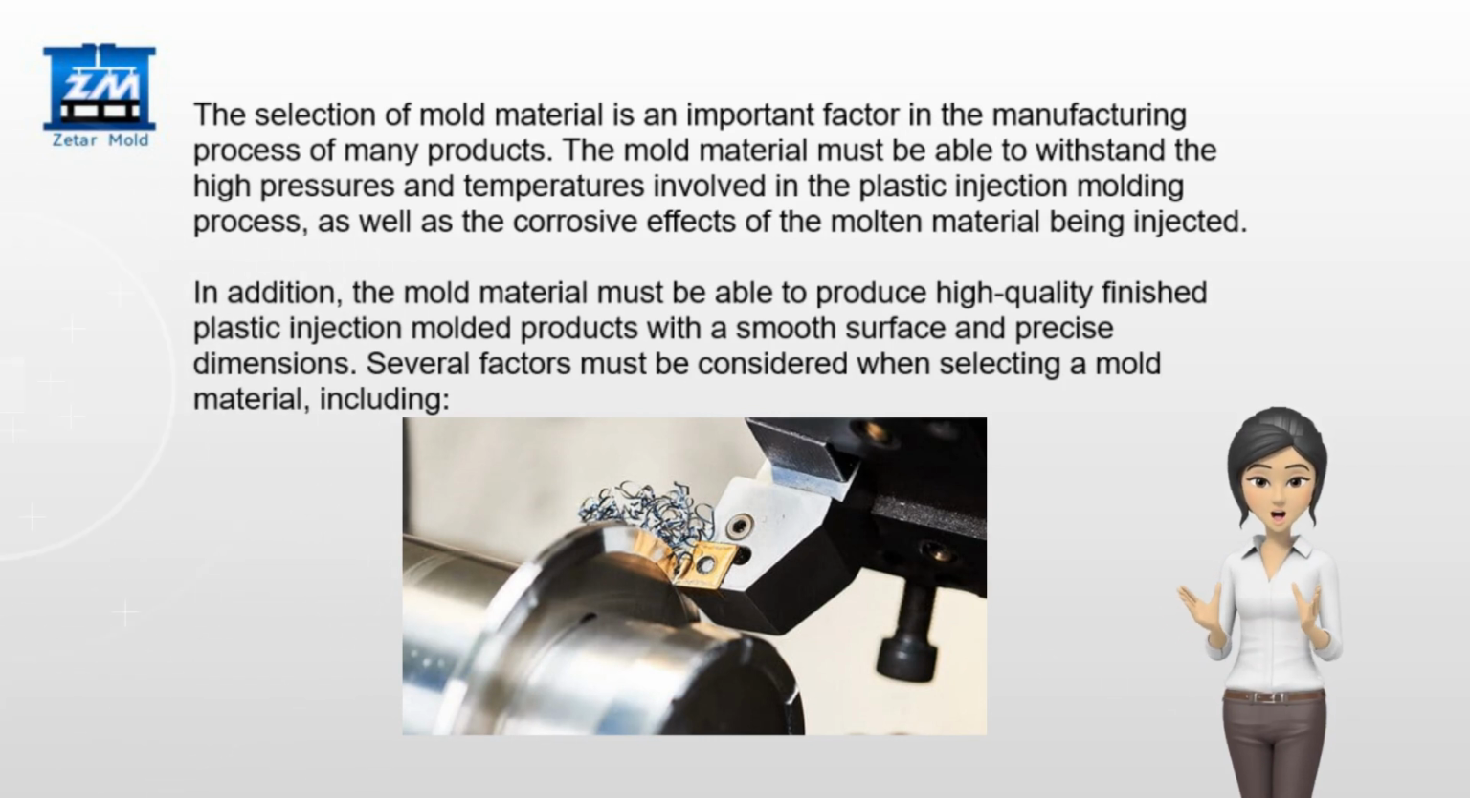The mold material must be able to withstand the high pressures and temperatures involved in the plastic injection molding process, as well as the corrosive effects of the molten material being injected. In addition, the mold material must be able to produce high-quality finished plastic injection molded products with a smooth surface and precise dimensions. Several factors must be considered when selecting a mold material, including